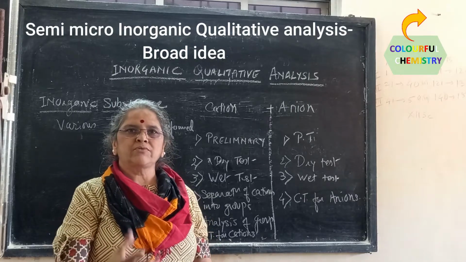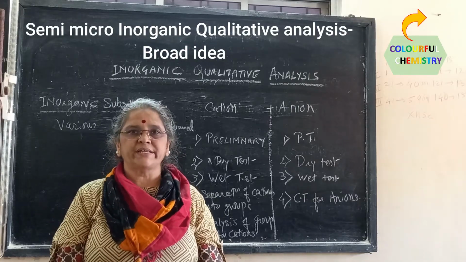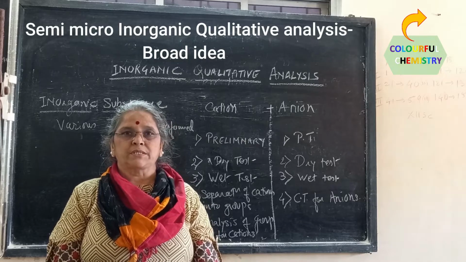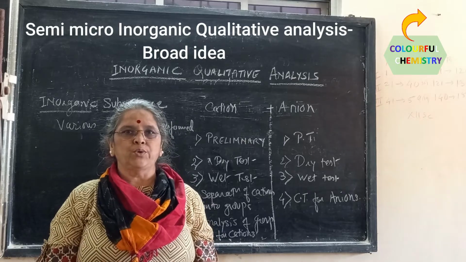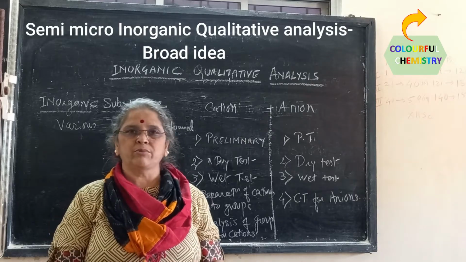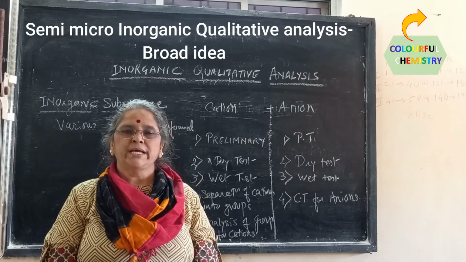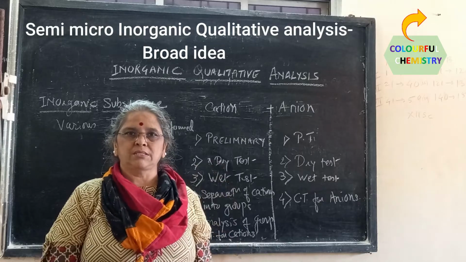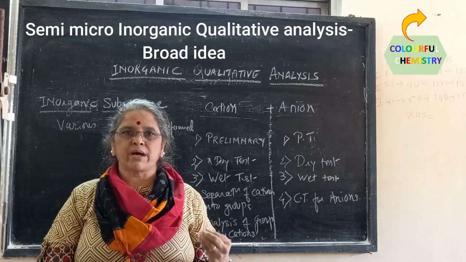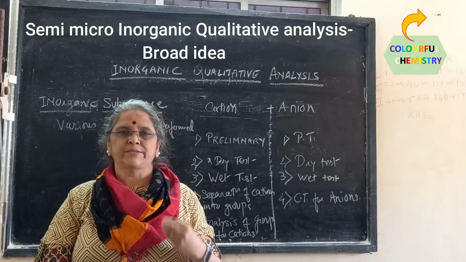Suppose a substance is given to you and you are asked to identify what that substance is. Like table salt, now that you know it is sodium chloride, you will say it is sodium chloride. But how did scientists come to know that it is sodium chloride? They performed various tests and identified that sodium ion is present and chloride ion is present,